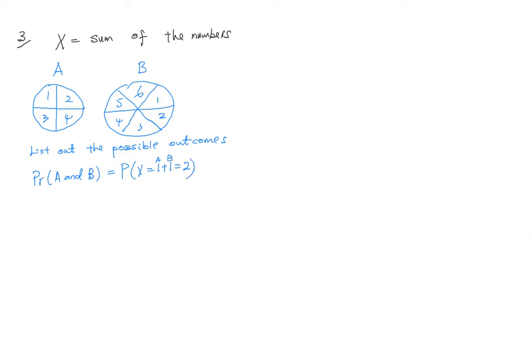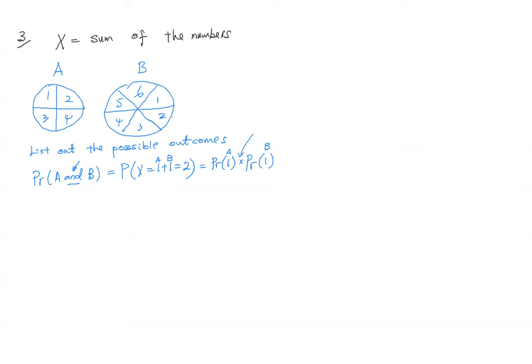So what is the probability of getting 2? Can you tell me? When you have the word and, you times the probability of getting 1 from spinner A by the probability of getting 1 from spinner B. Remember, and they are independent. So when you have and, you multiply the probability. See? So this one, that means probability of X equal to 2. This is one possible outcome only, so I will not put X equal to 2. So it will be equal to,